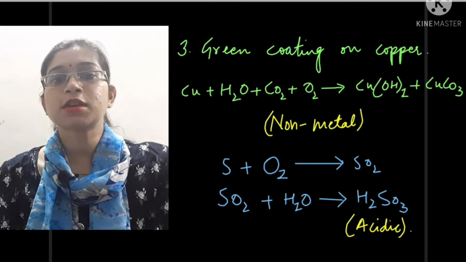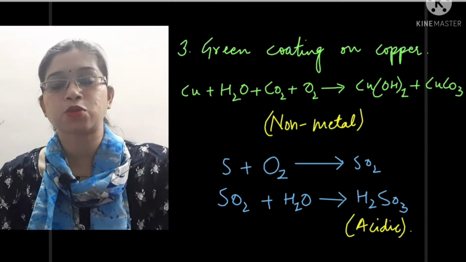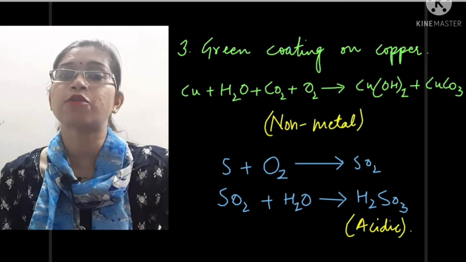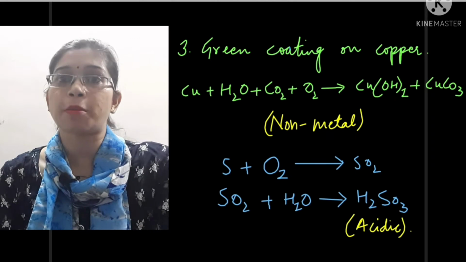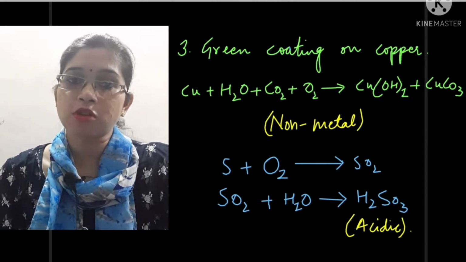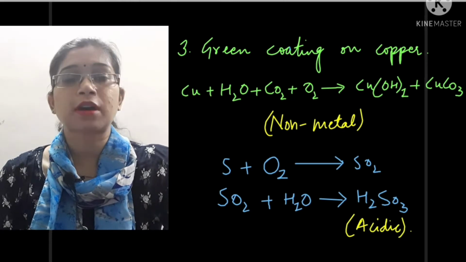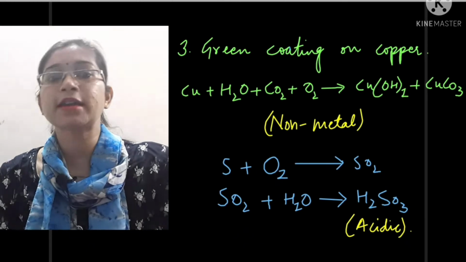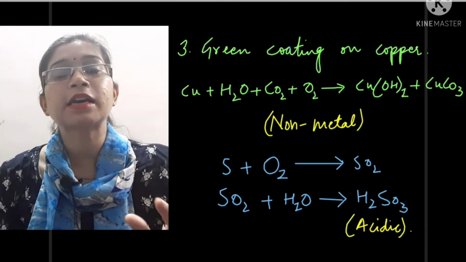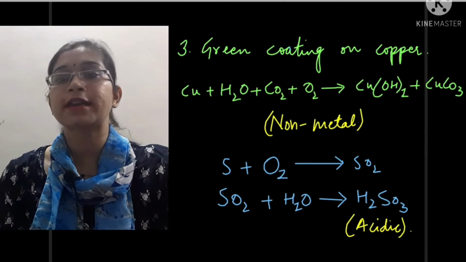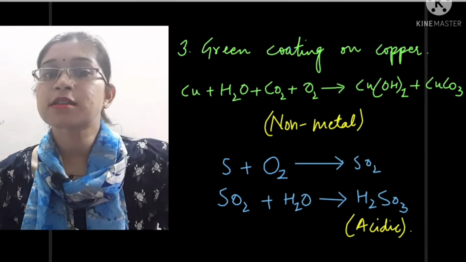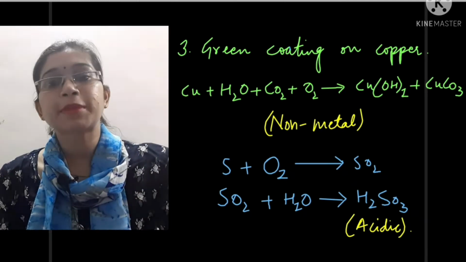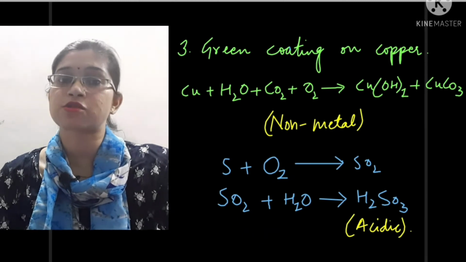Now, you must have seen on the copper utensils at your home that a green colored substance is found on its surface if it is exposed to air for a long time. What happens? This copper reacts with water, carbon dioxide and the oxygen present in the air, and it forms copper hydroxide and copper carbonate. That green color is because of the combination of copper hydroxide and copper carbonate. These are some of the examples of oxidation of metals. If you know more examples, please write in the comment section so that our students come to know more about it.